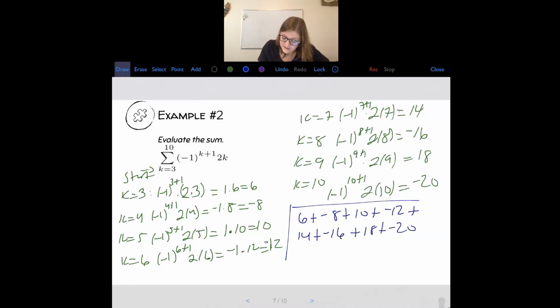So if we add all these up, -2, -2, this should give us -8. So we have found the sum as k goes from 3 to 10 of -1 to the power of k plus 1